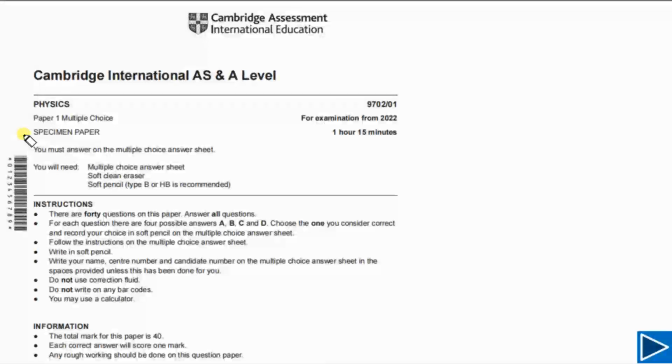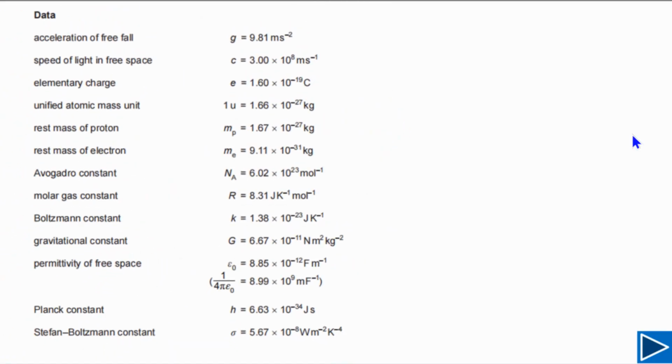In today's class, we are talking about Specimen Paper for 2022 and the total time for this paper is 1 hour and 15 minutes. If we go to the second page of this paper, we can find values of some very important constants. For example, the value of g at AS level, you have to use 9.81 meters per second squared, and